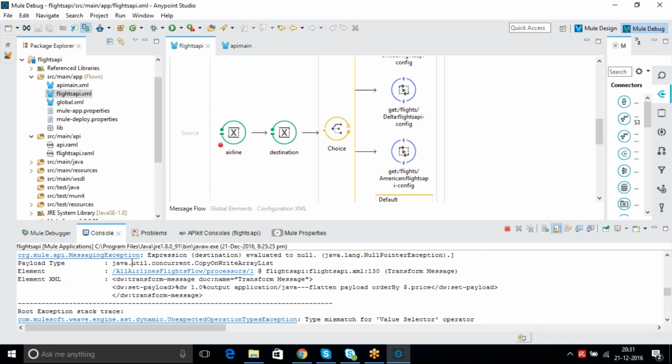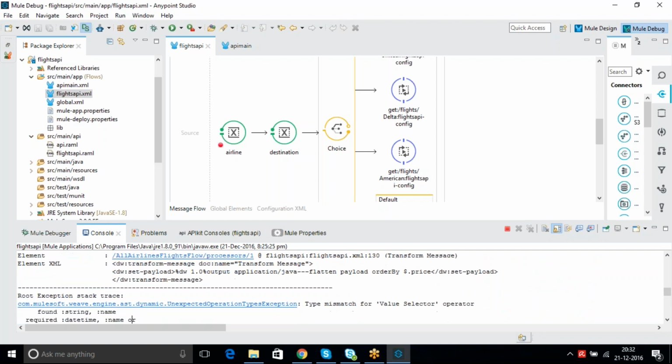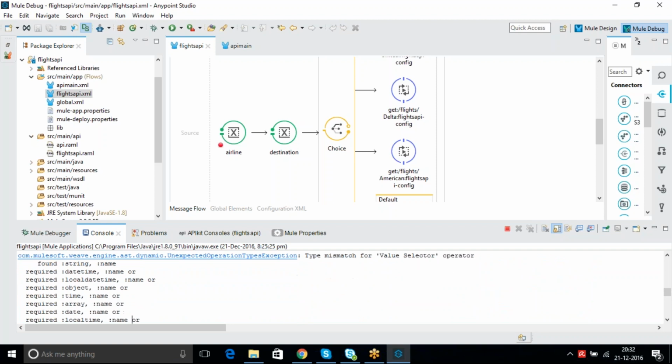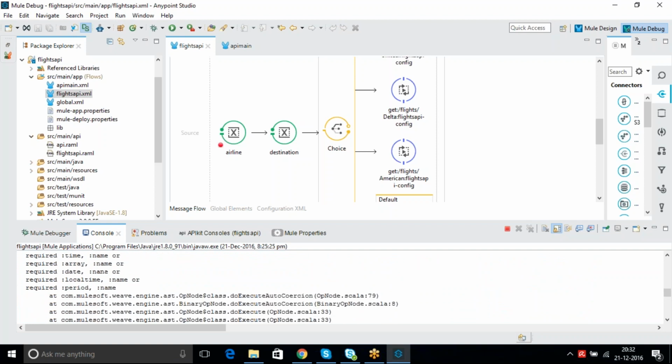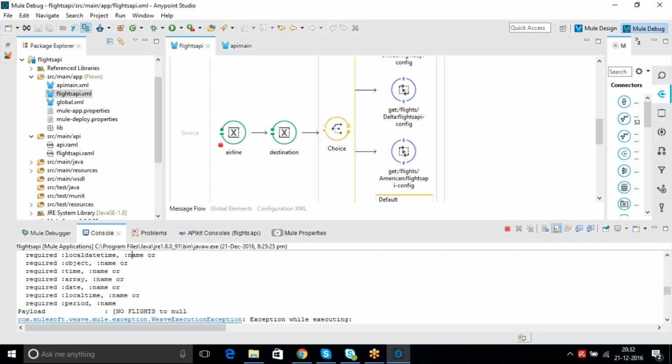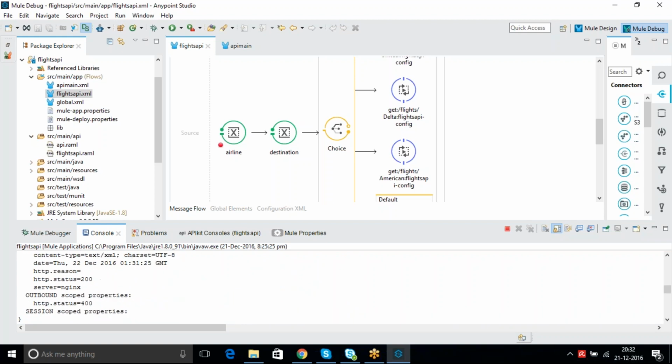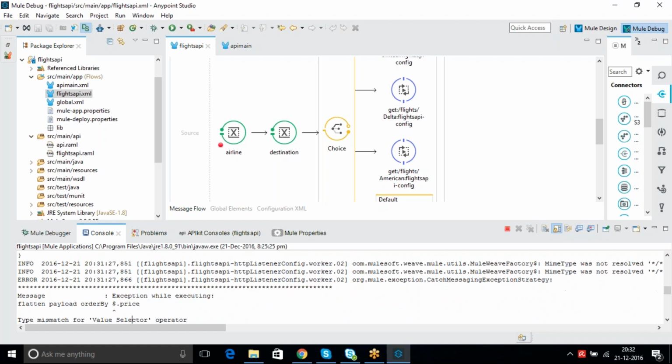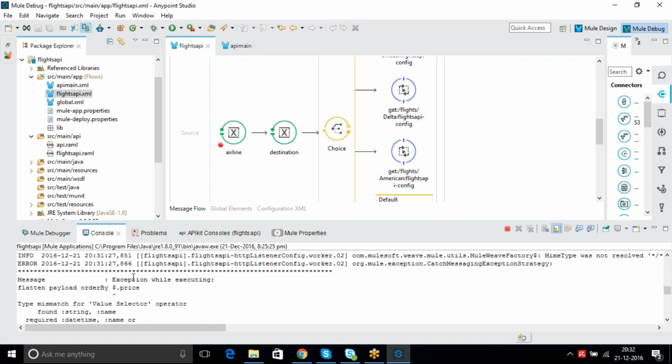Okay, so type mismatch for the value selector operator. What is this? Order dot price.